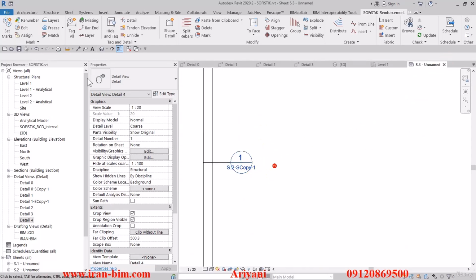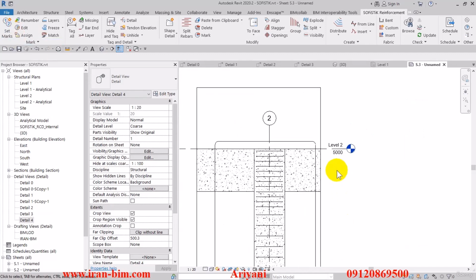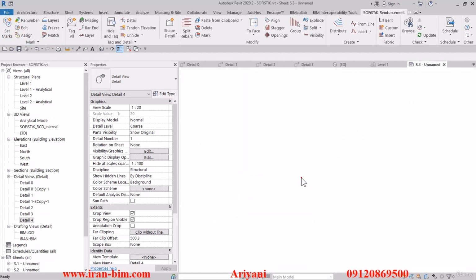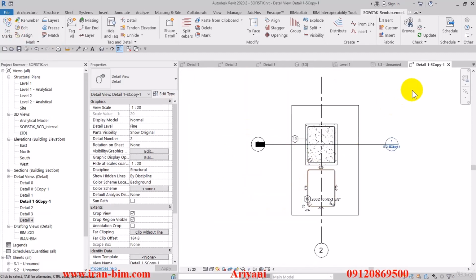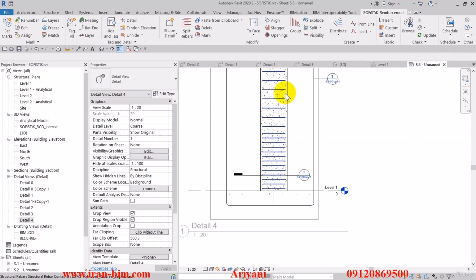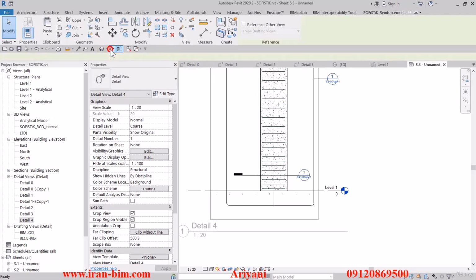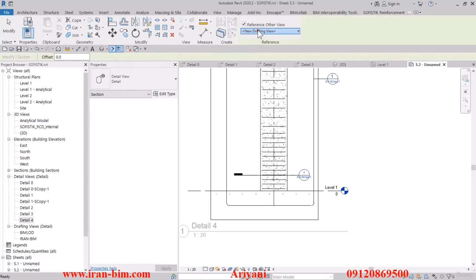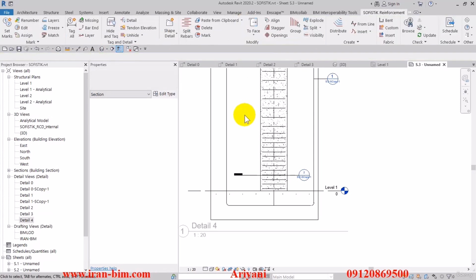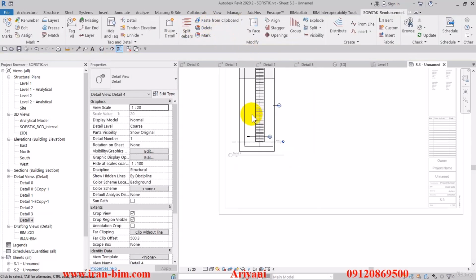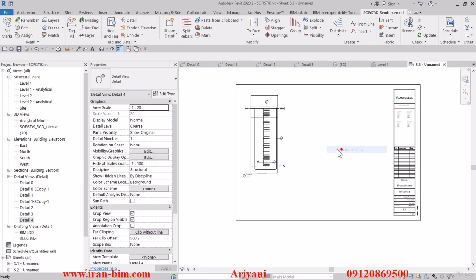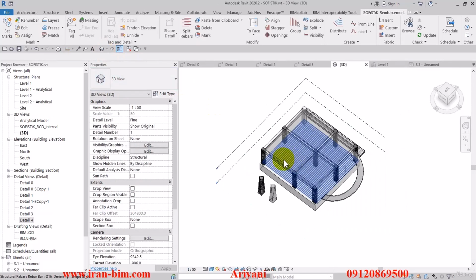So this tool can be extremely helpful and beneficial to you because the new section is pretty much identical to the last one, and you can just redirect it to the lookalike. It's kind of like the sync method that we use using the section here and then the reference view, but it's a bit more professional. So then I'll right click here and deactivate. So that's the function of